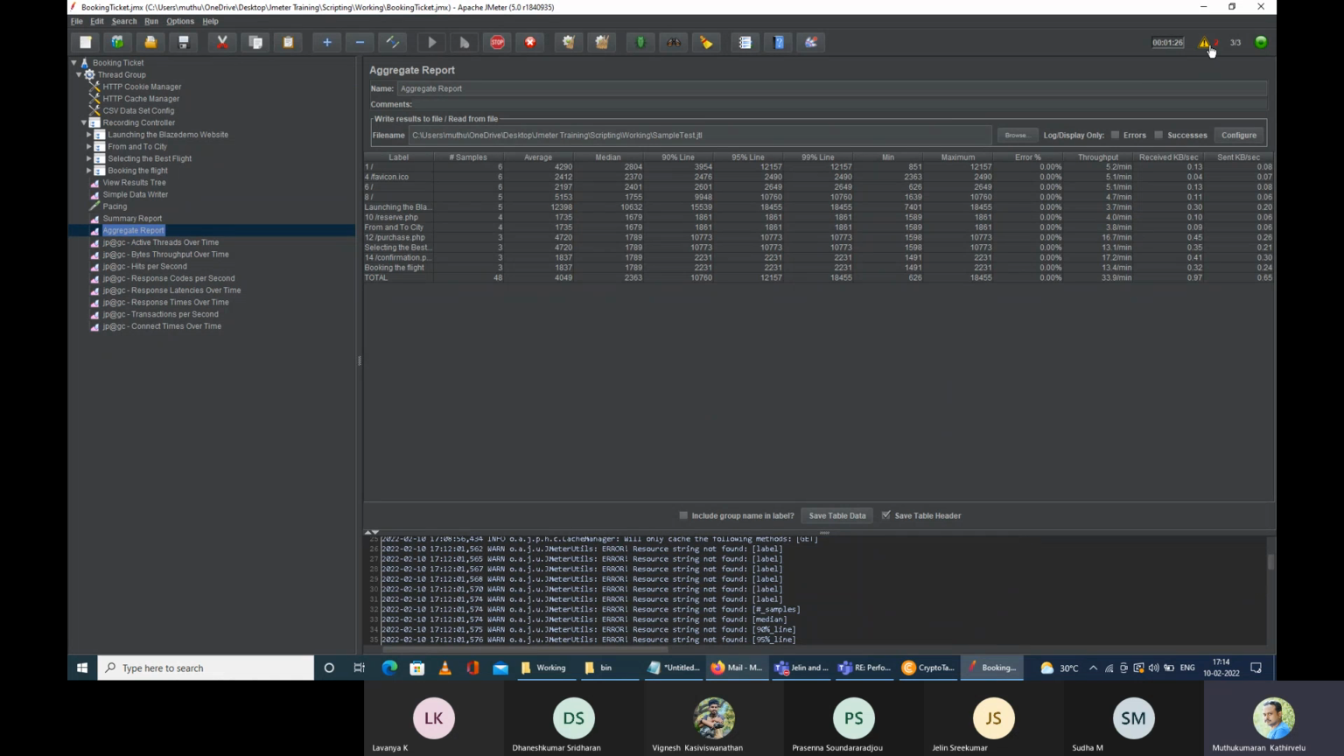If you see any kind of issues like these, these are warnings, not errors. So you can see like